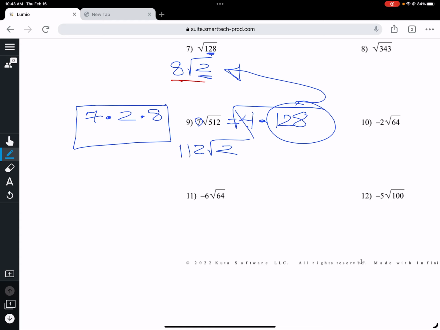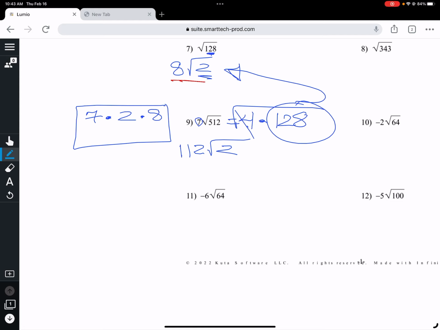You are not going for 512. Where do you go? 49. That 7's out there. You have to square the 7 to get 49. So it's already worked, you just gotta simplify it even more. So Caleb was going, it doesn't work when you square it. You would take the 7 and square it. So you would have 49 times